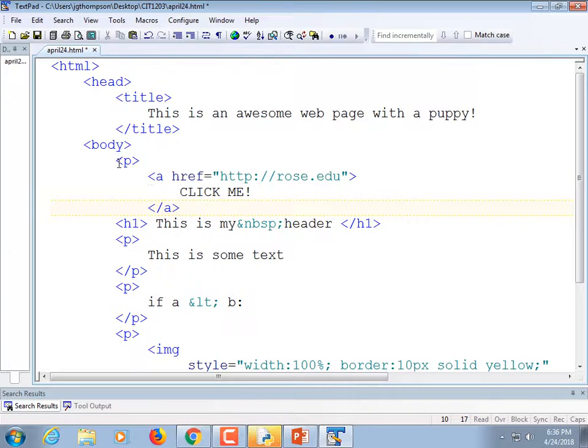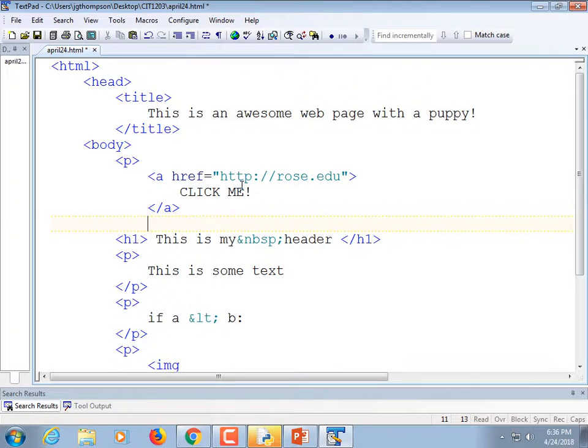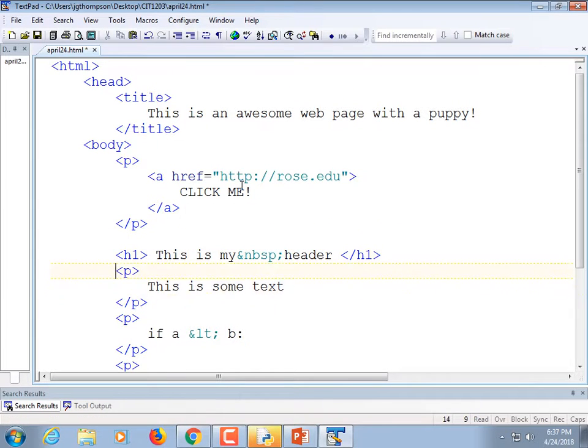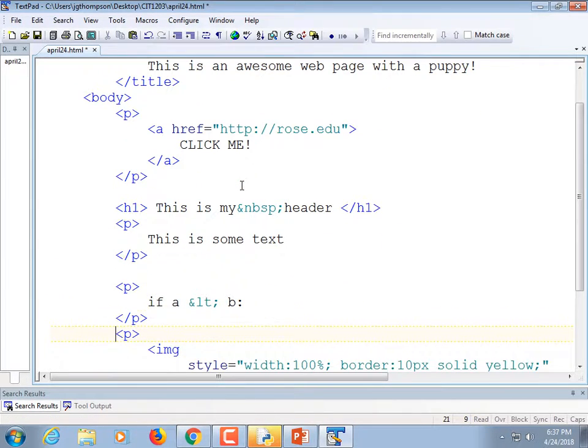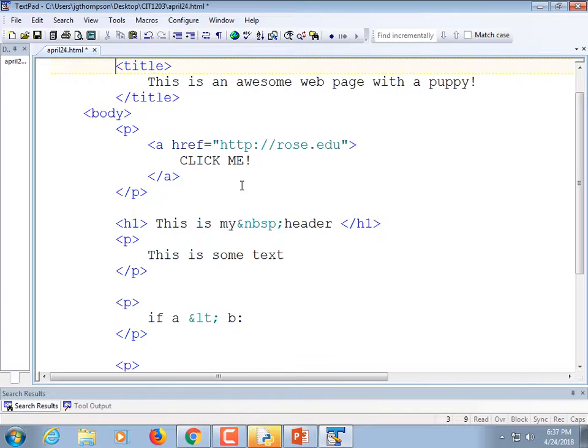And I need to close my paragraph tag. I have an open paragraph tag, I need to close it. So /p after the /a. I'm going to start using spaces to pad things out on my screen. You don't have to,